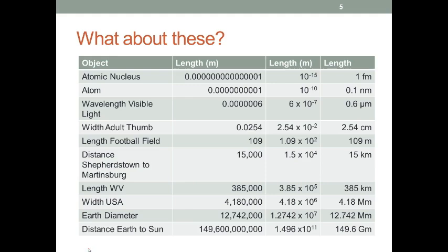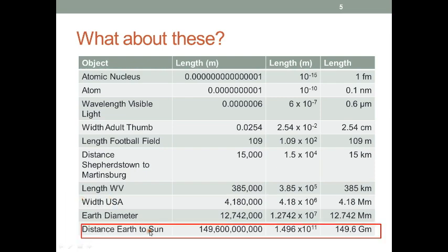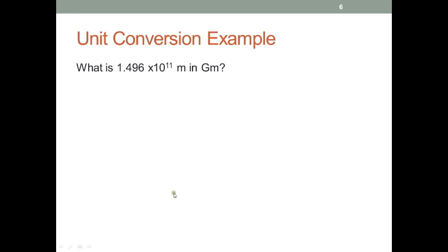One more example. Remember this slide from the scientific notation video where I took a number in standard notation, wrote it in scientific notation, and then converted it over into metric prefixes. I want to do one of these out so that you can see very carefully how I got from here to there. Okay. So how do I express 1.496 times 10 to the 11 meters in gigameters? Okay, so I begin